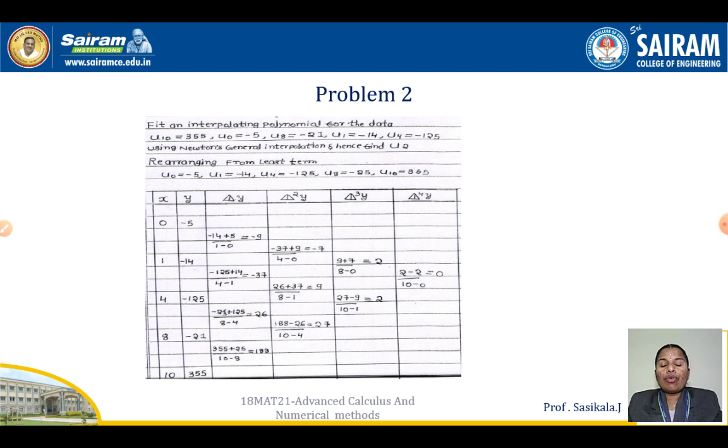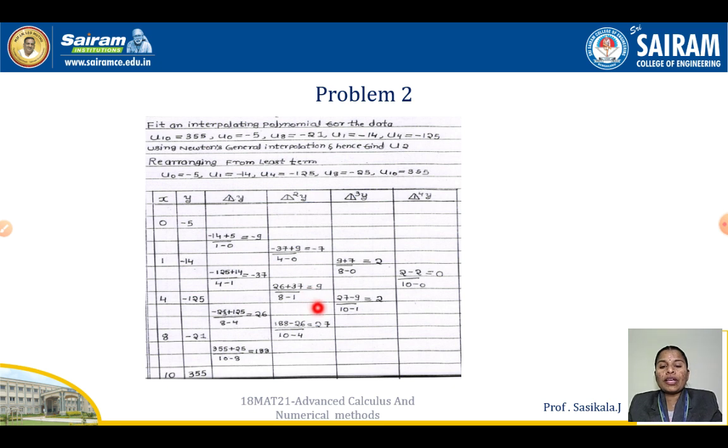Okay. So go with the divided difference table. What is that? Minus 14 plus 5, minus into minus plus 5, by 1 minus 0. So what is that? Minus 9. Similarly, we can fill in the first column. And it's coming for the second column. What is that? Minus 37 and minus into minus plus 9 by, what is it? It is 3 values, 4 minus 0. So it is minus 7.